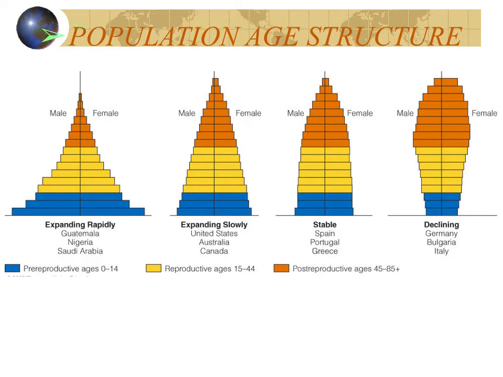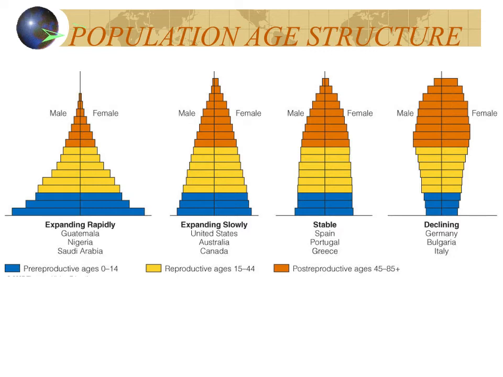We also look at fertility rates, because those rates can change over time. And often what you find is that the highest fertility rates are in these rapidly expanding cultures, and the lowest fertility rates are in the countries where population is declining. And these high reproductive rates often coincide with high mortality rates, in places like least developed countries, which your book mentions, like in parts of Africa, Central and South America, parts of Asia,